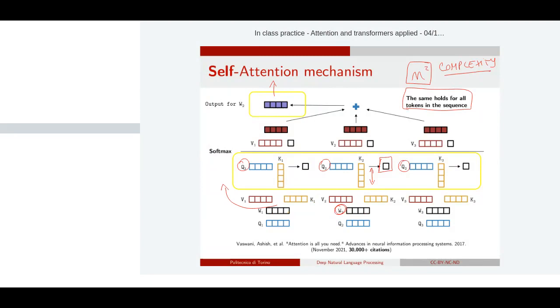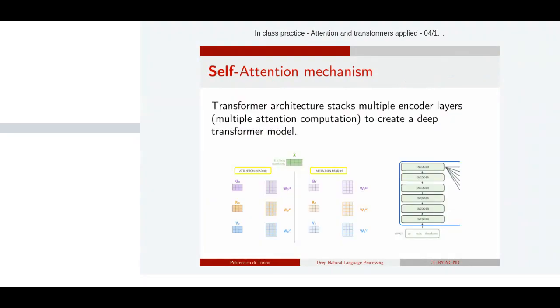We have a vector representation that is very similar, at least in terms of dimensions, to what we have on the input. So we have a vector for each word in the sequence. So we can stack multiple of these layers in our model, and we can create a transformer-based encoder by stacking